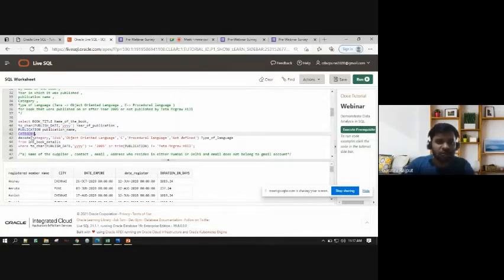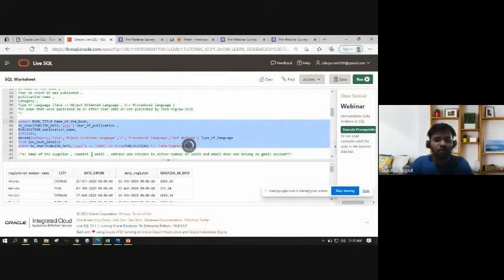Publication is straightforward, category is straightforward. Now here I'm using an if statement. DECODE is nothing but an if. You will have a decode statement maybe in Oracle, maybe in MySQL, something else in your other languages. But at the end of the day, I'm just trying to do an if. I'm saying if category is Java, just display it as object-oriented language. If it's C, just display it as procedural. And if it's none of the above, neither Java nor C, the else statement is not defined, right? So if I just run this,